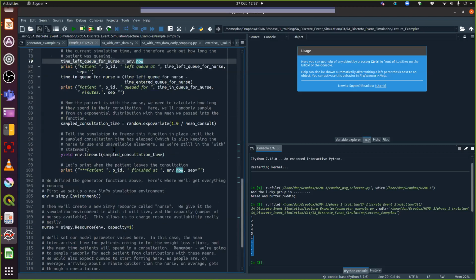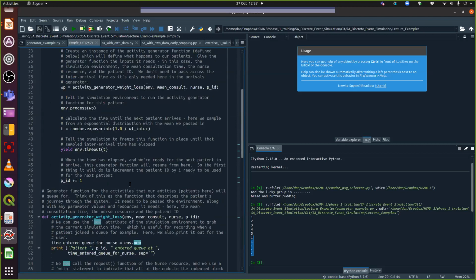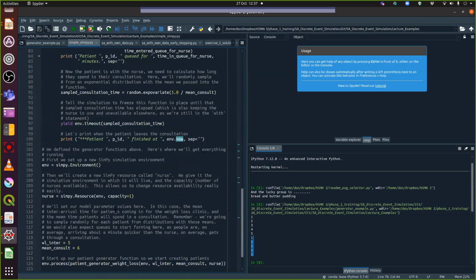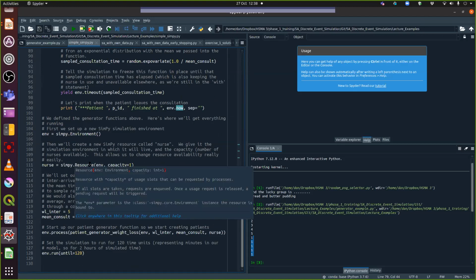So all we need to do outside of these two generator functions, remember, one is basically spewing new patients into the system, and the other is describing their journey throughout that system, each patient's journey, is simply set everything up. So we set up a new SimPy environment, and we store that as env. We set up a new SimPy resource, and remember I said the beauty of using something like SimPy is that we don't have to